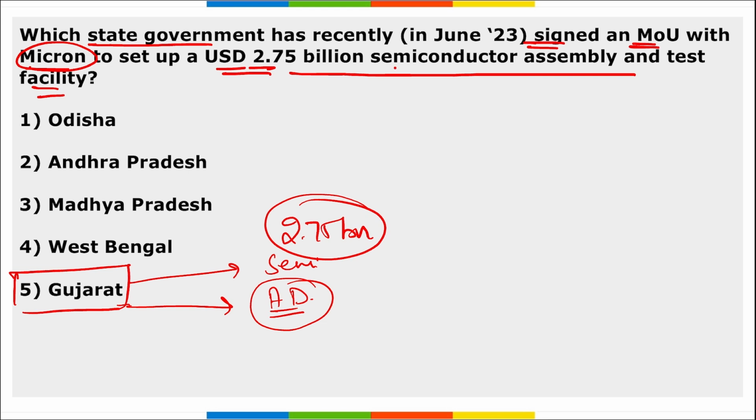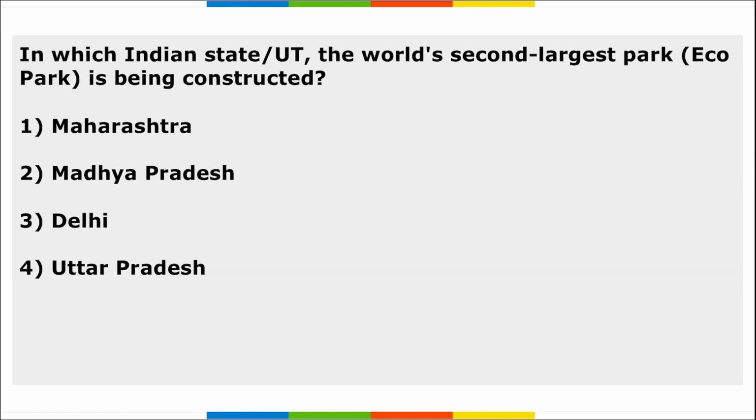Correct? Where do we use these semiconductors? These semiconductors are used in all the electronic devices, from your smartphones to your televisions to your refrigerators to even your cars nowadays. Next, in which Indian state or UT the world's second largest park, that is Eco Park, is being constructed? So this world's second largest park, that is Eco Park, is being constructed in New Delhi, and this is